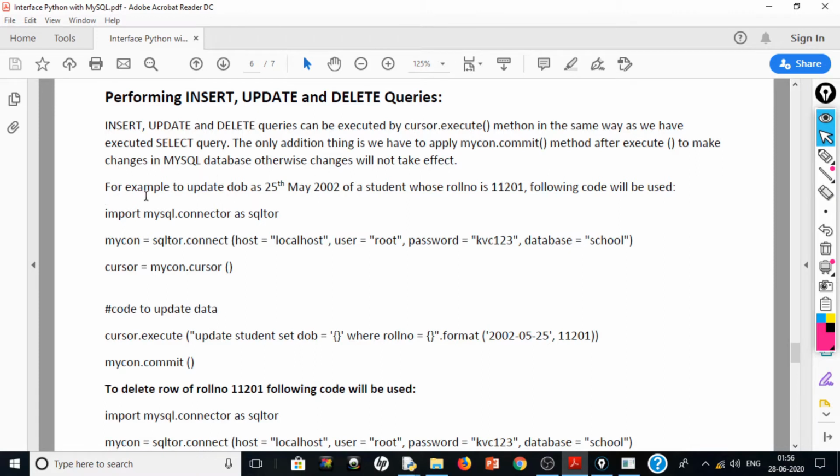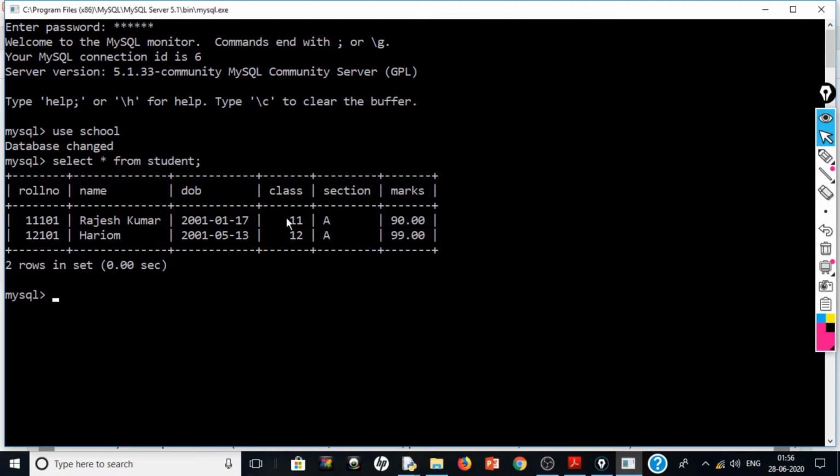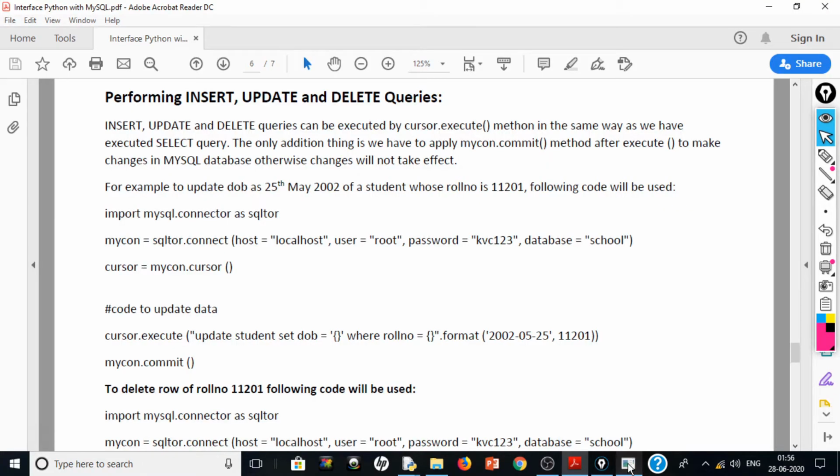That means we will have to write the commit command as well after the cursor.execute query. So suppose for example, to update date of birth as 25th May 2002 of a student whose roll number is 11201, following code can be used. So we want to change the date of birth of a student.